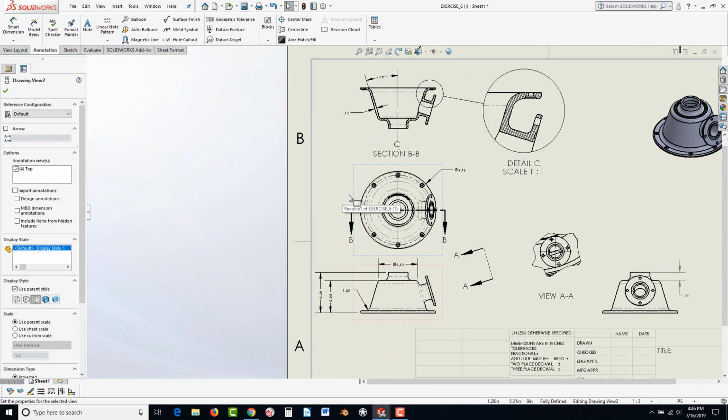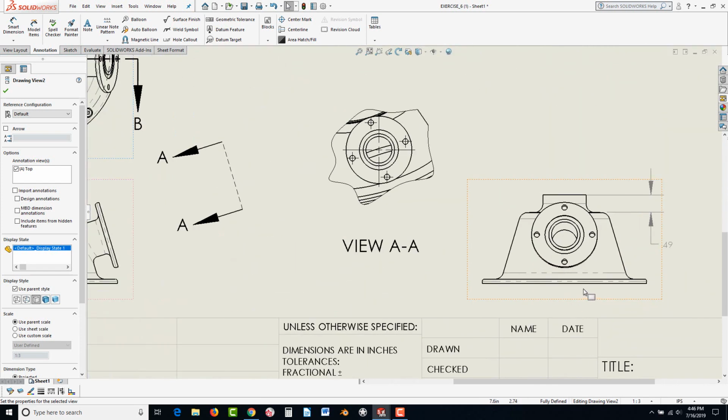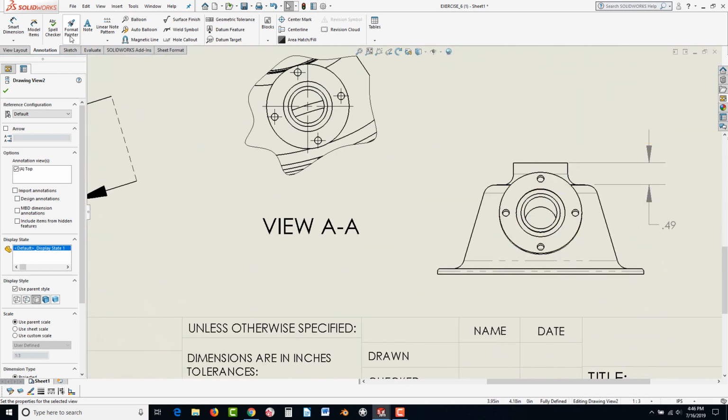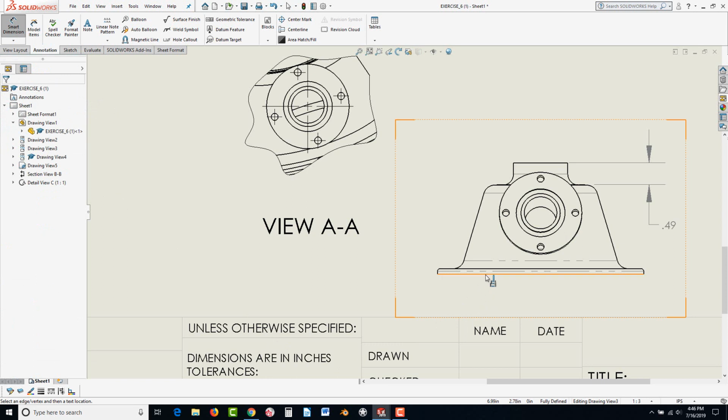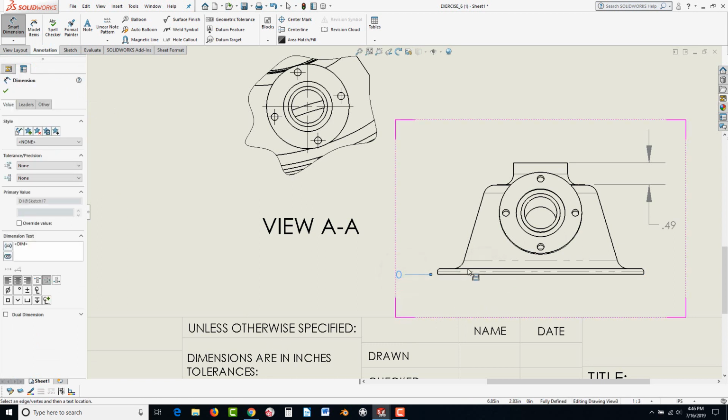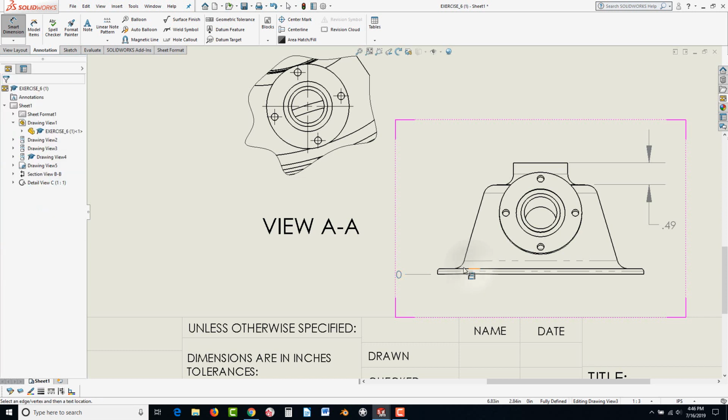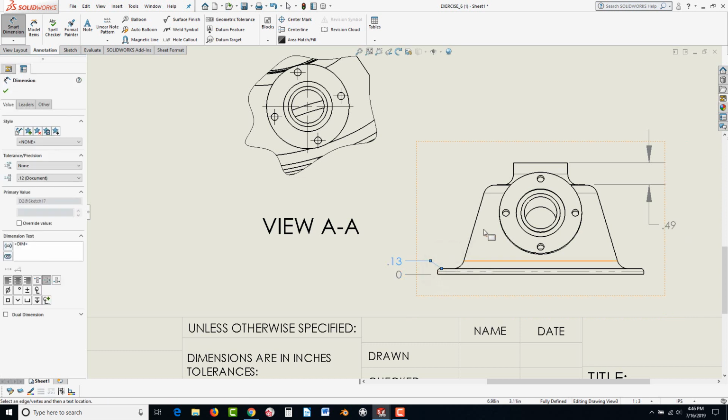Okay, so now what we're going to do is take a look at ordinate dimensions. Let's go over to this view and say we want some ordinate dimensions on this. To do that, go underneath Smart Dimension, and we're just going to do a vertical ordinate dimension. Now remember, where you select is the 0. Click and just drag it over. And then every subsequent edge or point, it will go ahead and locate and add an additional